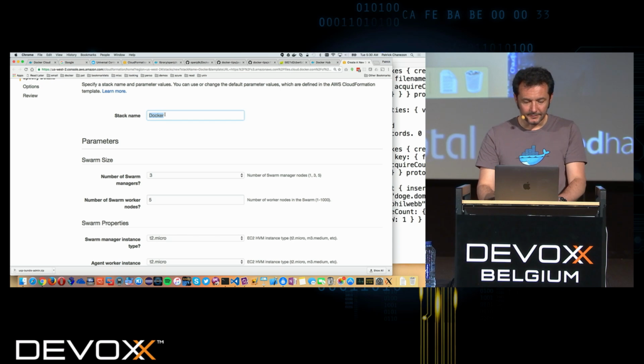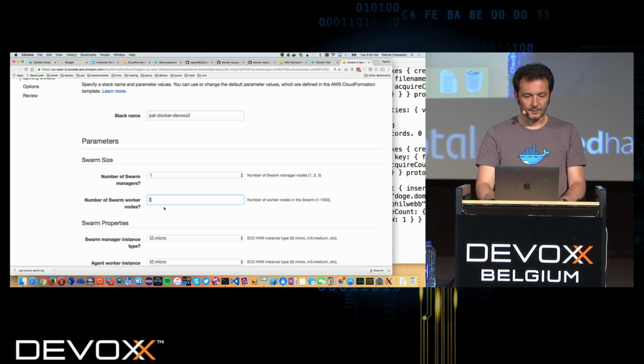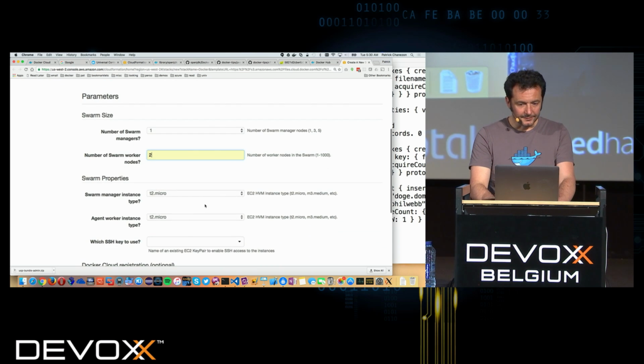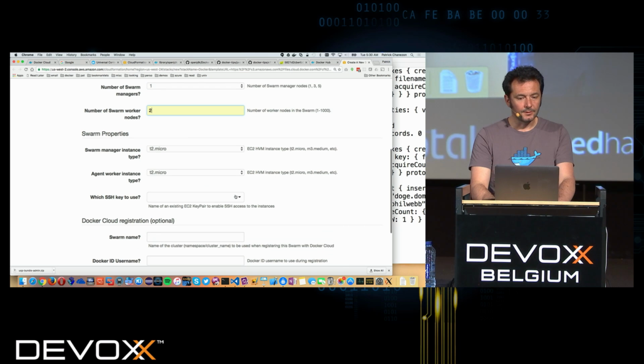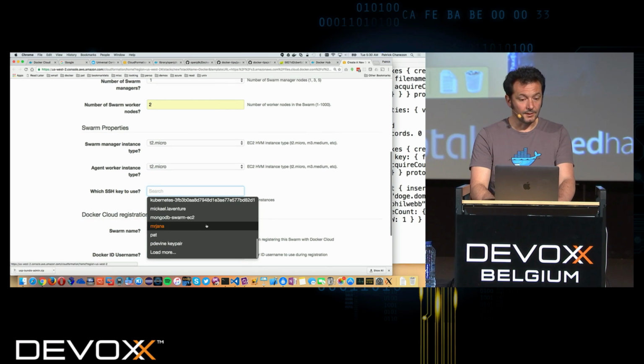So my stack is going to be called Pat Docker DevOps 2. I can specify how many managers I want. So here it's not production, I'm going to put only one, maybe 2 nodes. The size that I want. Here you can see the integration. I can specify the SSH keys that I'm using usually.